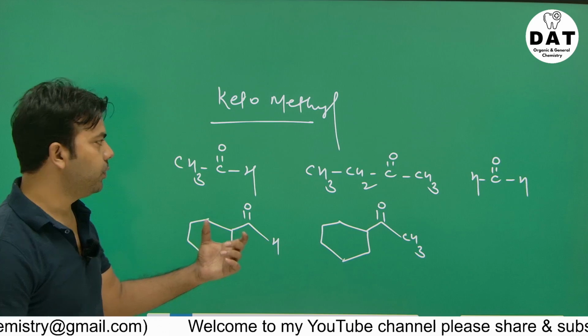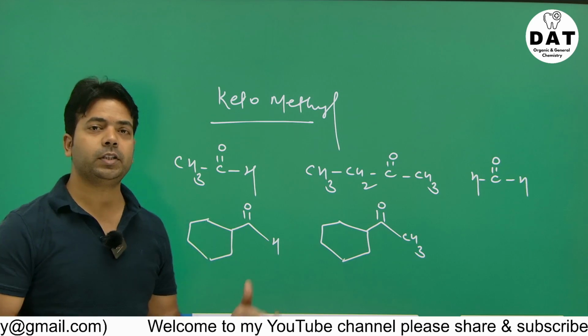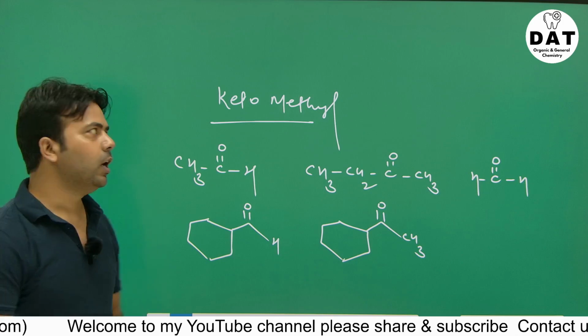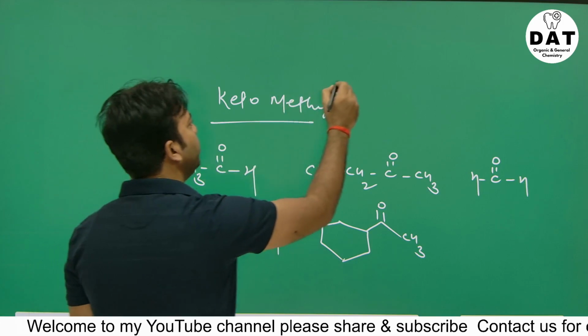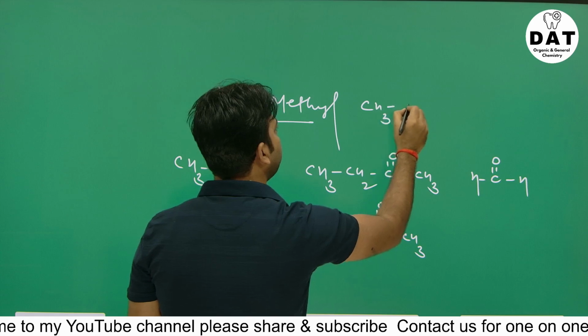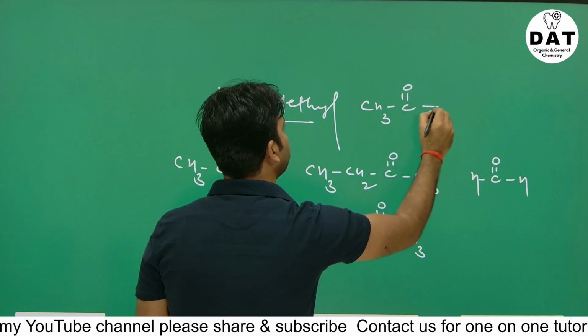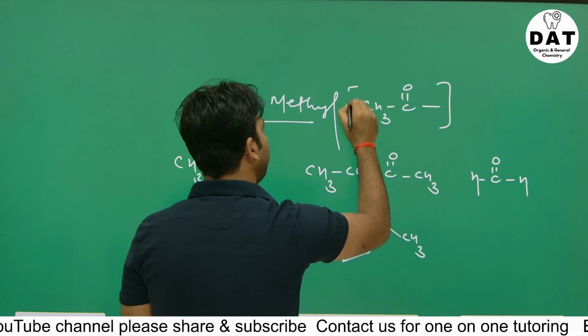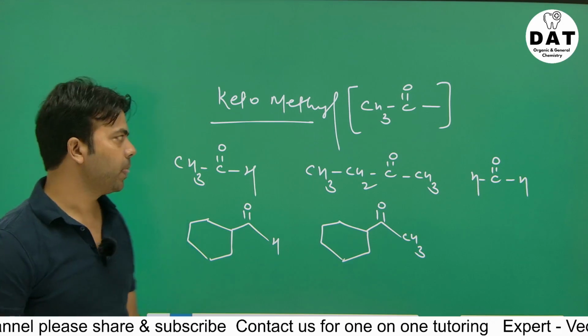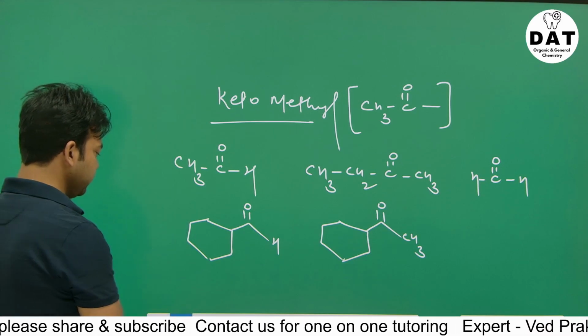So here we have a few reactants and we have to figure out which will give the haloform test or haloform reaction. I told you keto methyl means this type of connectivity: CH3, C double bond O, and this. Whenever we have this kind of connectivity, it gives the haloform test. So you can see here